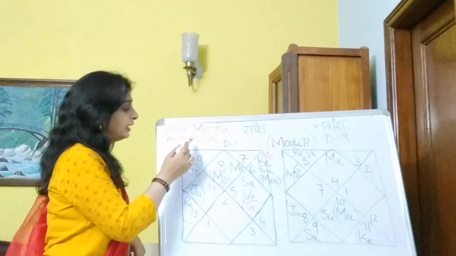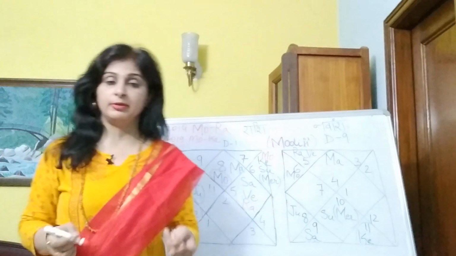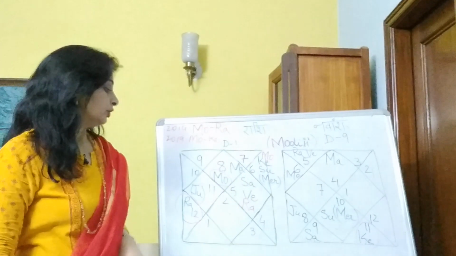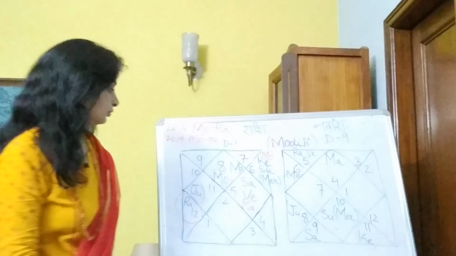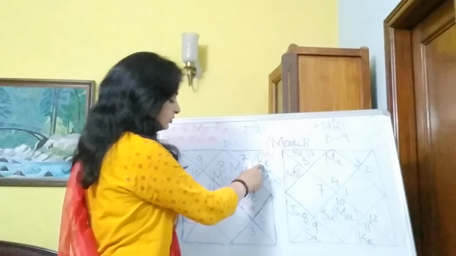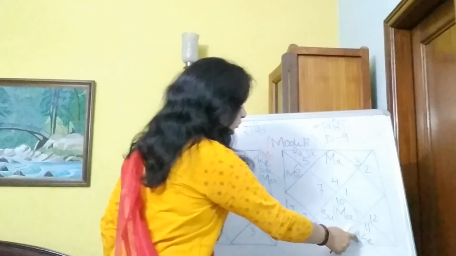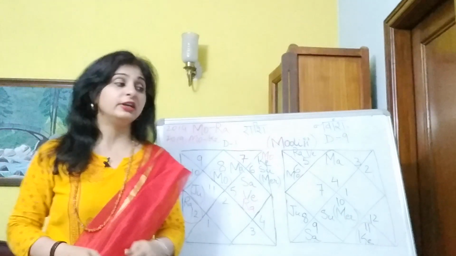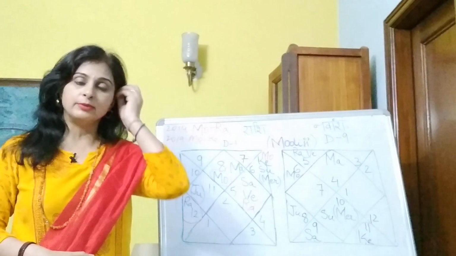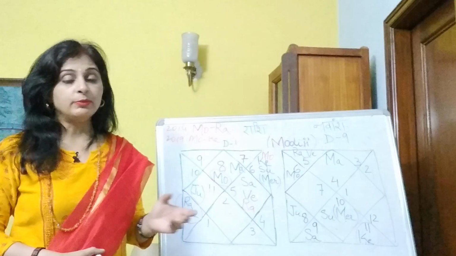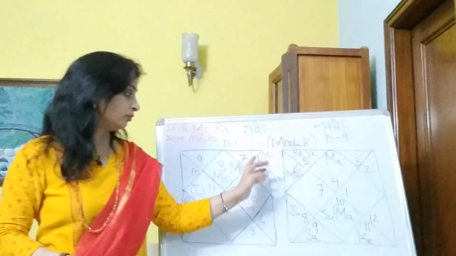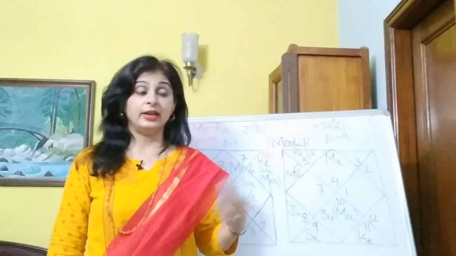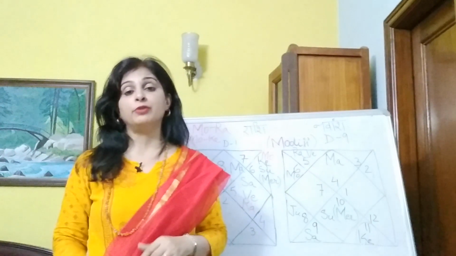So Moon, as we have already discussed, gave him some kind of gains. Now Ketu. His Ketu is in the 11th house, and here the Ketu is placed in the 8th house in the sign of Aquarius. See, if we did not know about the Rashi Tulya Navamsha, we would have said, sorry Modi sir, your Ketu Antardasha will not be good because it has gone to the 8th house. Whereas in the actual sense, it was very good for him.